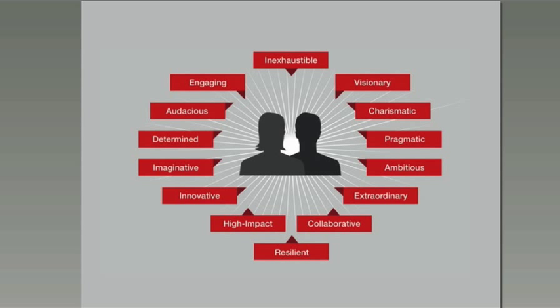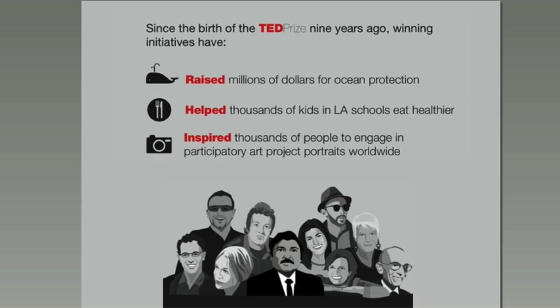And as you can see in this beautiful infographic, we need people who are inexhaustible, resilient, collaborative, determined, imaginative, and most of all, people who are able to capture imaginations and also make a measurable impact. So we really hope that you'll help us by nominating yourself or someone else. Our nominations open now and are going to be closing on June 1st, and we're really hoping that you will consider nominating yourself or identifying someone whose work you admire that you think could really be helped by leveraging the TED community's resources. And then we will have that wish revealed in February 2014 at the TED conference in Vancouver, British Columbia. And finally, I just wanted to say that you can see this infographic that has the details that you're seeing in the slide at